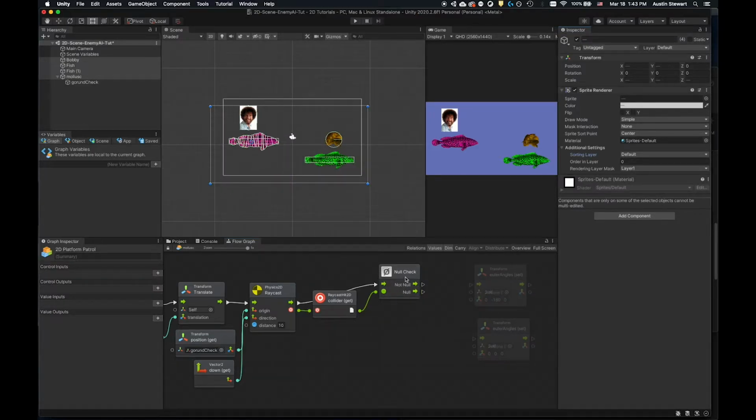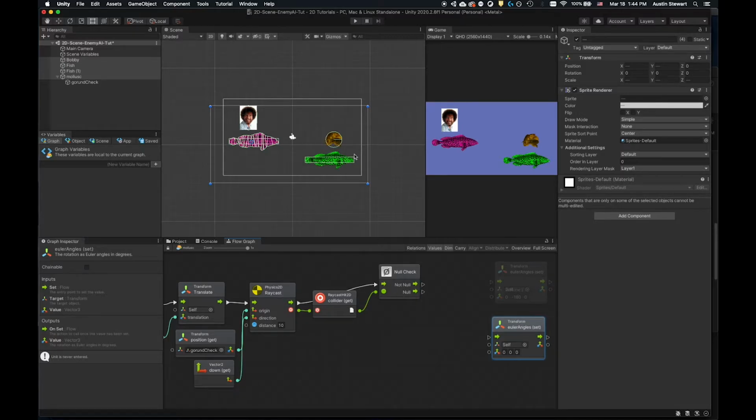Okay, so we've got this set up so we can check our null, to see if we are hitting a collider or if we're hitting no collider whatsoever. So let's go ahead and do the remainder of the logic that we need in order to make the decision whether to go right or left. Because what's happening now is we're not saying I'm hitting the right edge or I'm hitting the left edge. We're just saying I'm hitting an edge of this collider. And so once we've hit an edge of the collider, we need to be able to know what direction we were heading or moving before we hit that edge